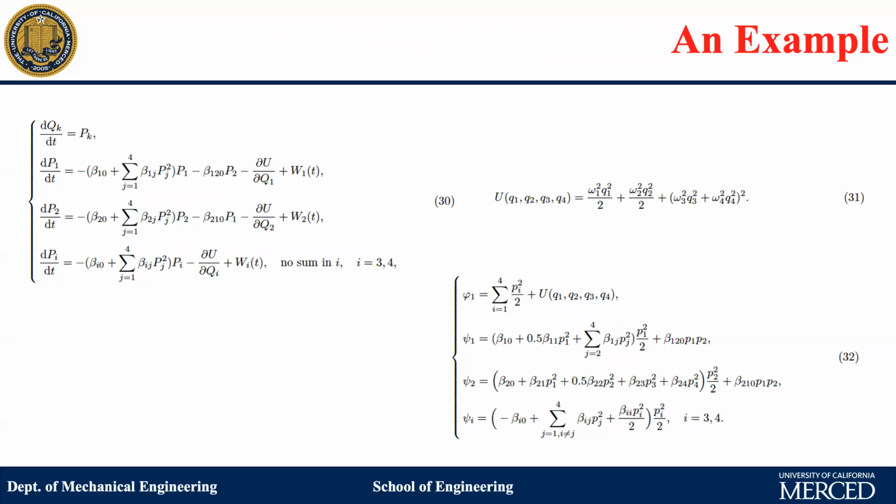This is a 3-dimensional or 4-dimensional problem. Okay, so you have 4 state variables here. It has a potential function, and using the detailed balance principle, we can find the phi. There's only one phi we found. We found there are actually 3 psi functions, if you go back to the detailed balance.